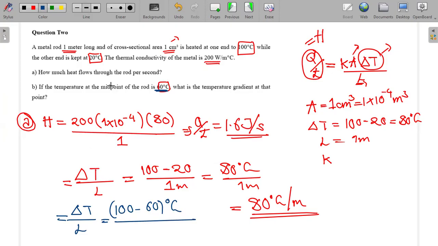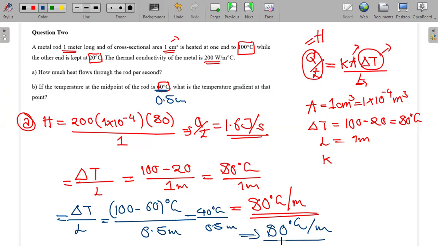If the total length of the rod is 1 meter, at the midpoint we're going to have 0.5 meters, so the length I'm plugging into this equation is 0.5 meters. This is going to give me 40 at the top, so 40 degrees Celsius divided by 0.5 meters, which is still going to give me 80 degrees Celsius